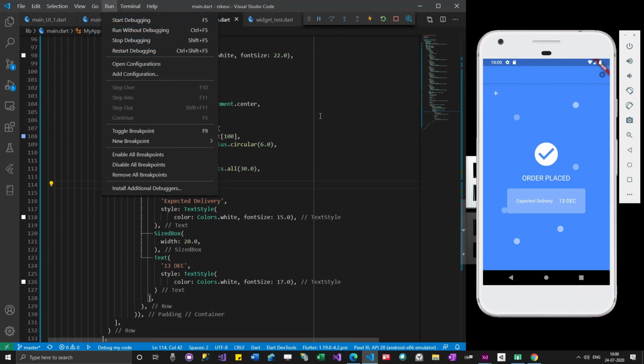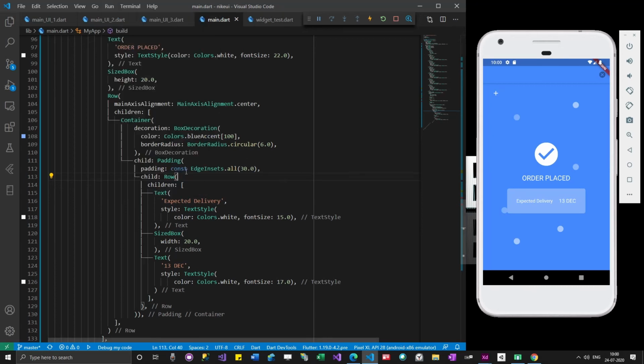All our debugging we have done using control F5, which means that we are not actually debugging the app, we are just running the app. But anyways, this is our own skill. This is not something that Flutter offers. As we develop, we understand that this is how we can debug the apps.